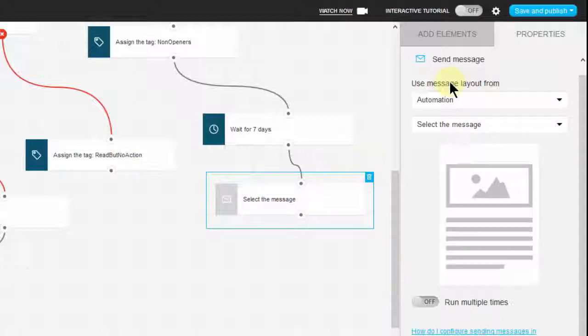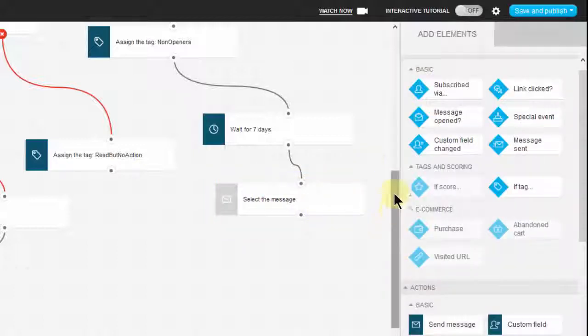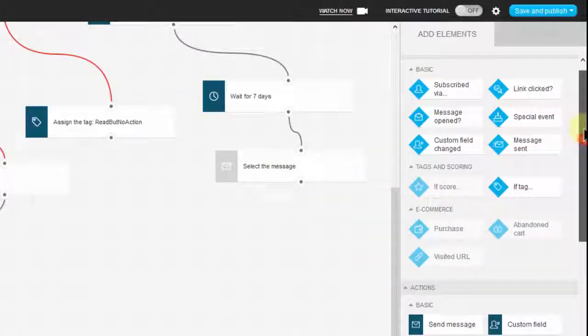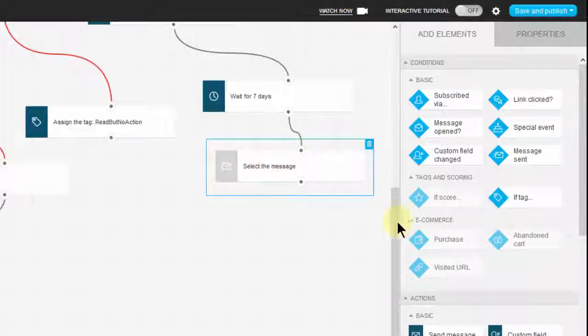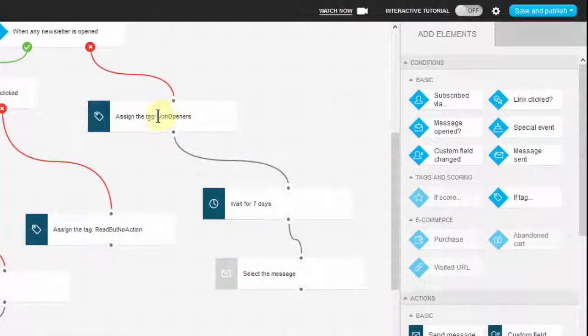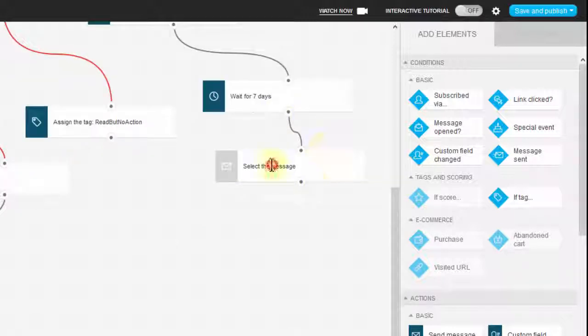Then I can select a message to send to them. And then I want to add a condition here, because you remember I've given these guys a tag of non-openers. Then I give them 7 days, just waiting. After 7 days, I send them a message. Then